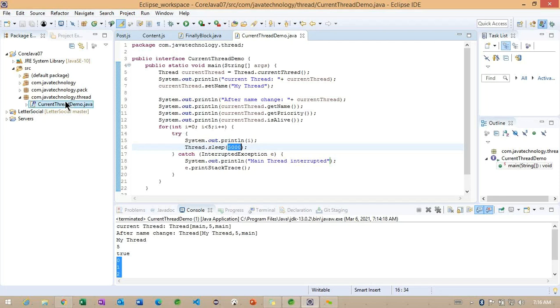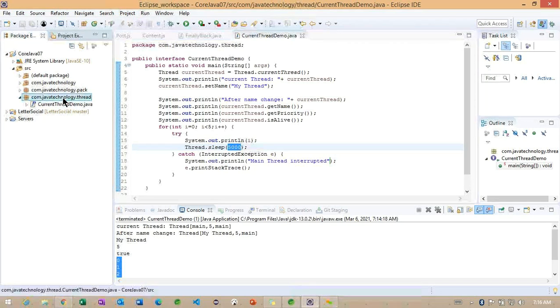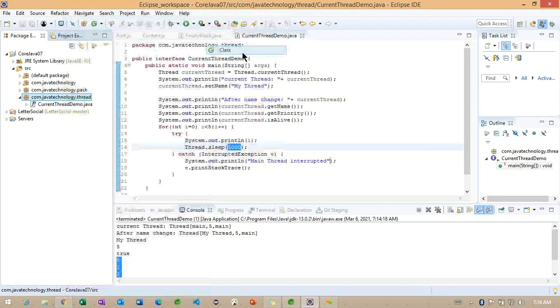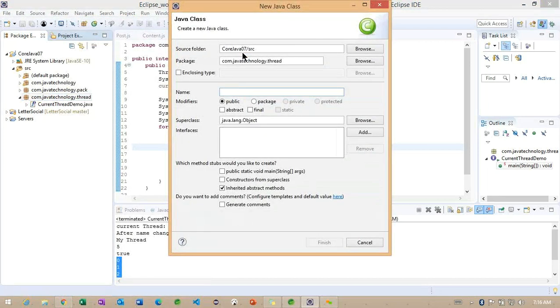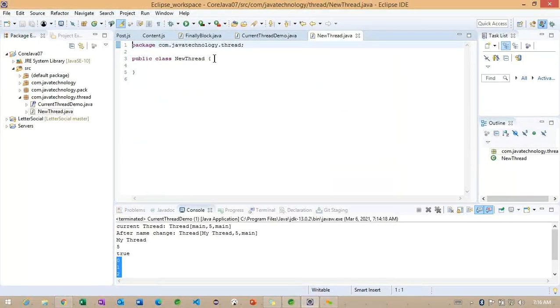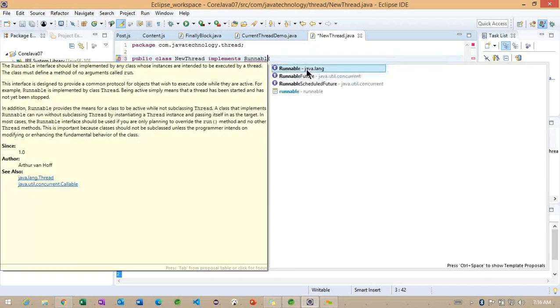Right. Now, if we observe carefully, I'm going to create one more class here using the Runnable interface. So I'm creating a new thread class, and using it I will implement the Runnable interface.